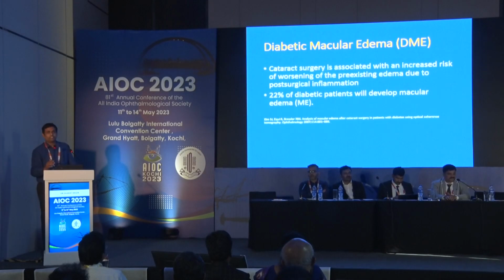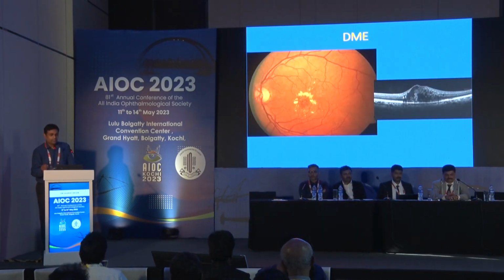The other most important condition nowadays, as diabetes is increasing, is diabetic macular edema. Cataract surgery has been shown to be associated with worsening of diabetic macular edema after the cataract surgery, and approximately 22% of patients can develop macular edema after their cataract surgery. So this is one of the post cataract surgery patients, maybe a patient having a total cataract where the retina may not be visible. Post cataract surgery, when the vision was less, when we saw her retina,